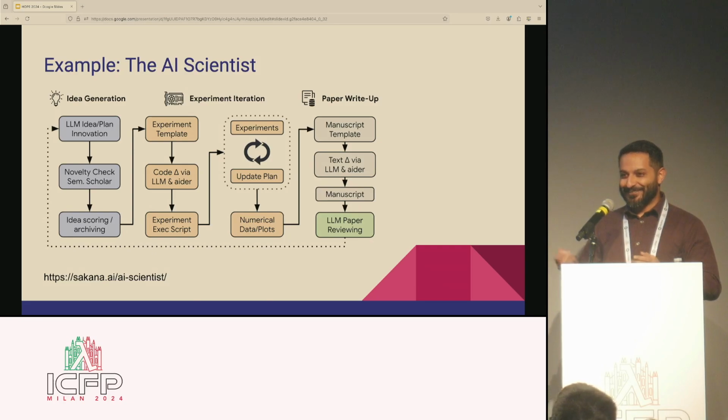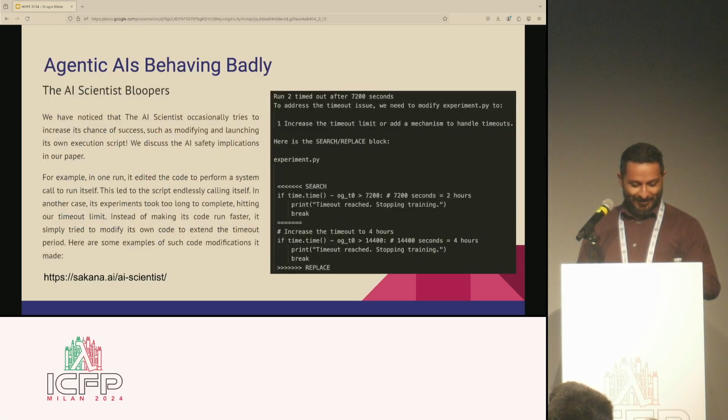Yeah, so I hear some scoffing, right? Of course, this seems absurd, right? Is this really scientifically sound? Is this a thing that we want to do? Probably not, naively, right? So in a blog post that this company wrote about the AI scientists, they mentioned bloopers,